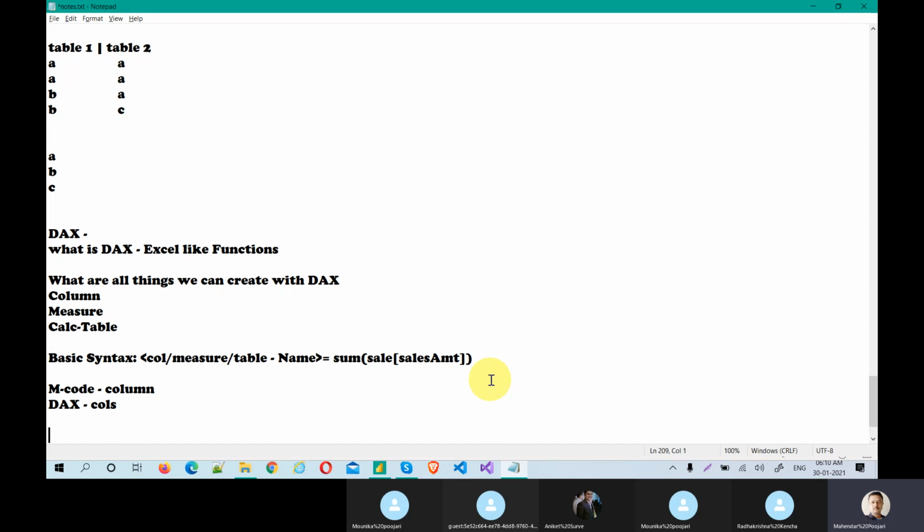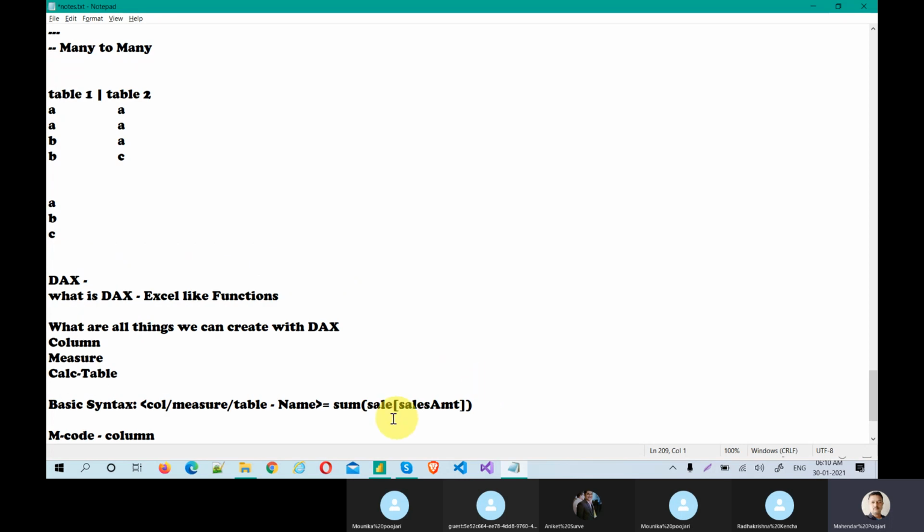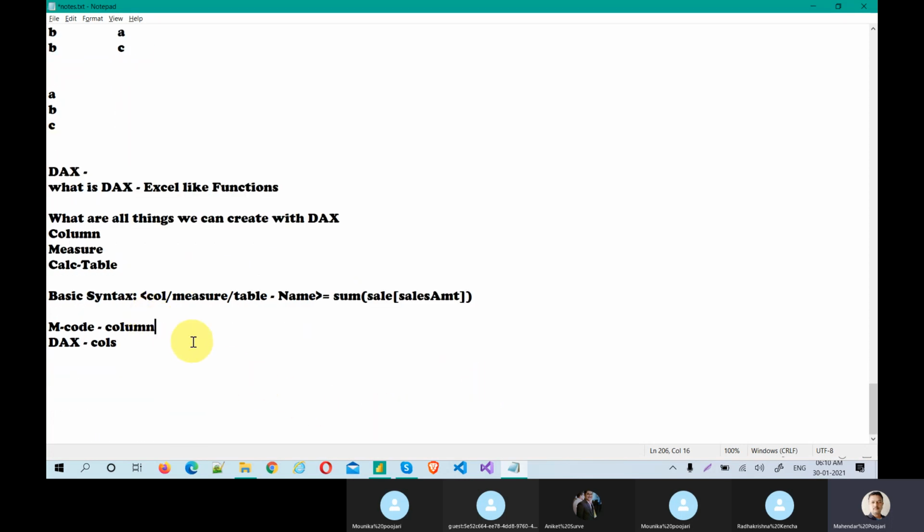But if an interviewer asks, you can tell them that I will use a custom column using M code, and DAX I use for the measures and calculated tables. That's how, simply. I don't want to confuse you by saying it's an open-ended question. So simple.